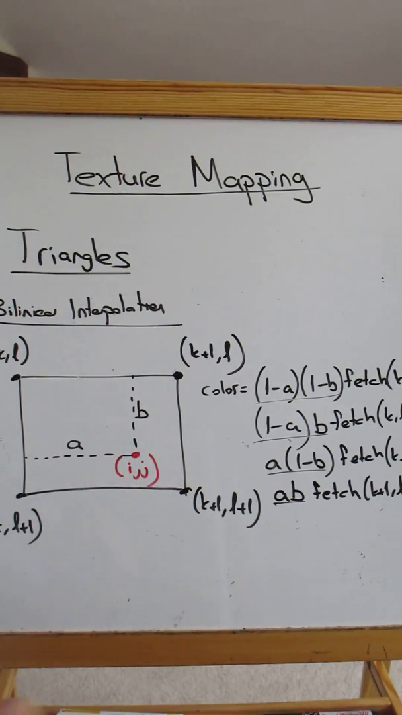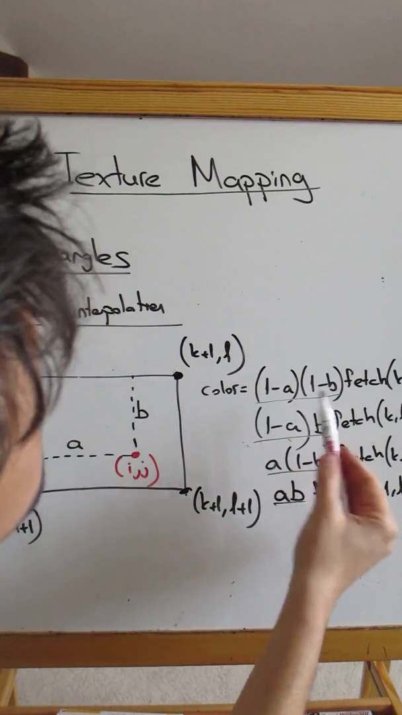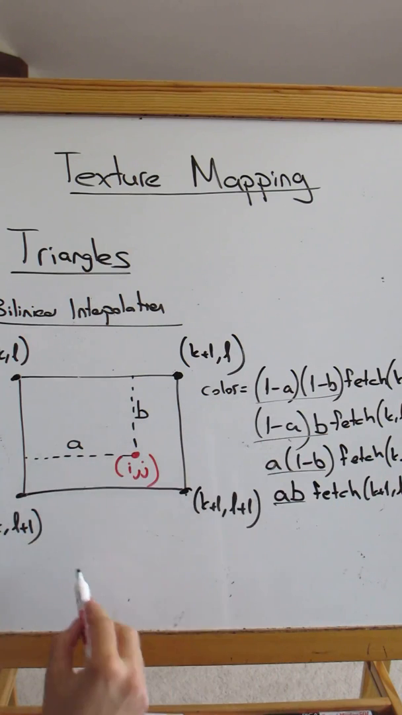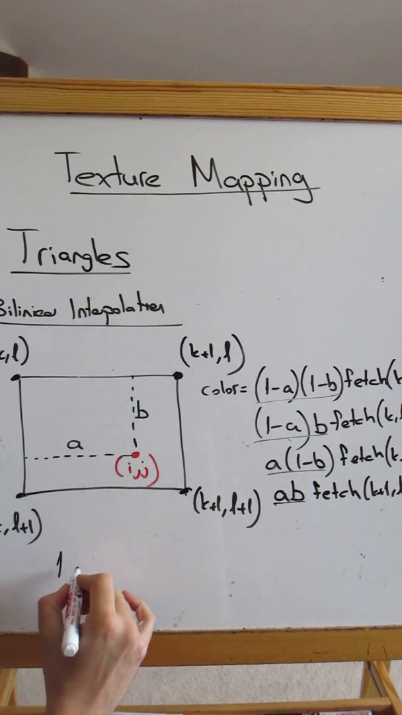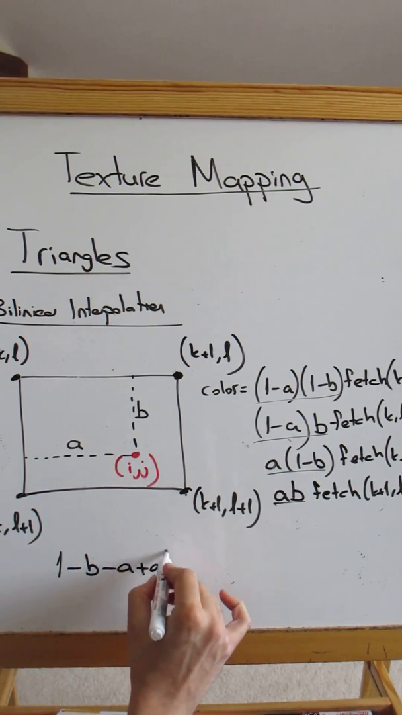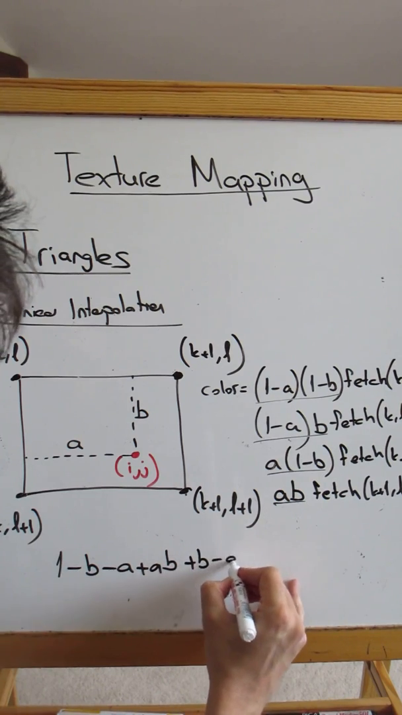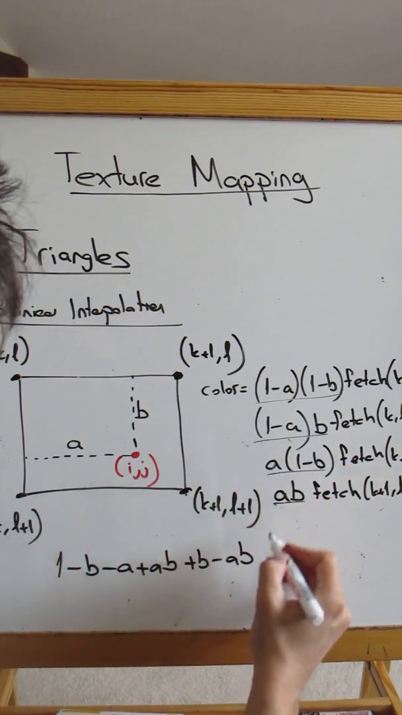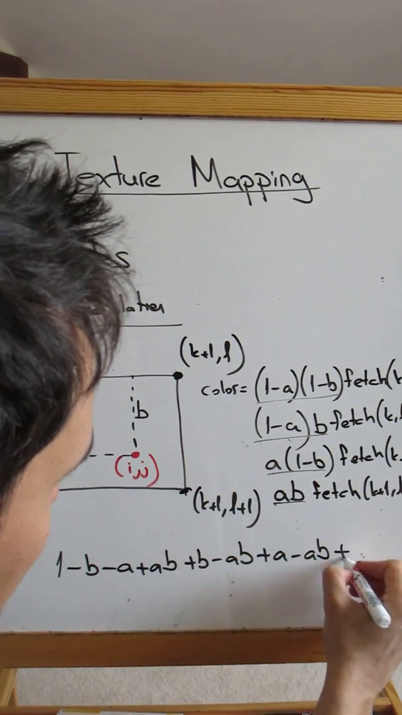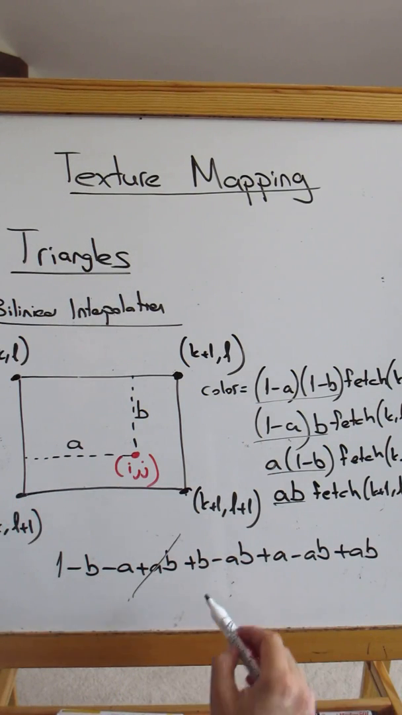Also, please note that not only are these weights between 0 and 1, but their summation adds up to 1. So if we add up these weights, let's compute 1 minus b minus a plus ab, this weight, then plus b minus ab, then plus a minus ab from here, and then plus ab. If we cancel out these terms,